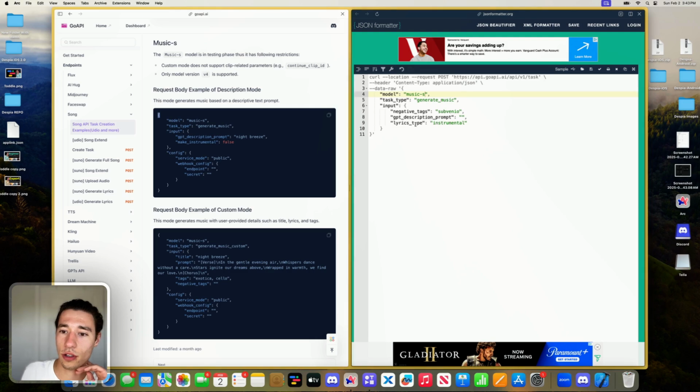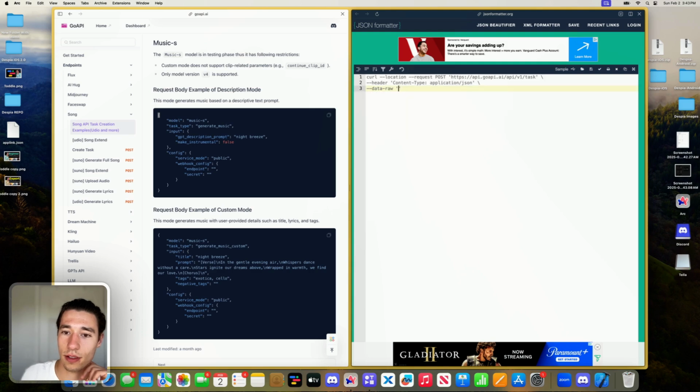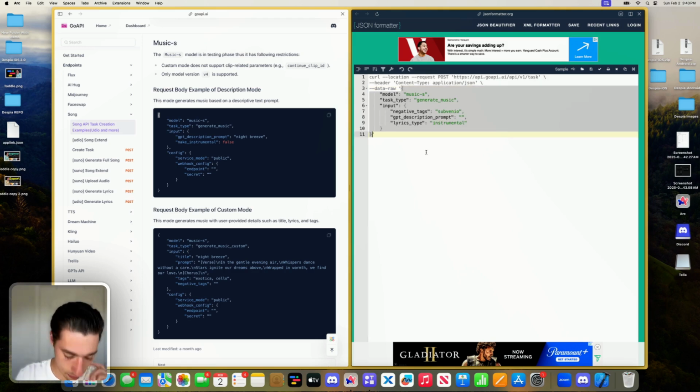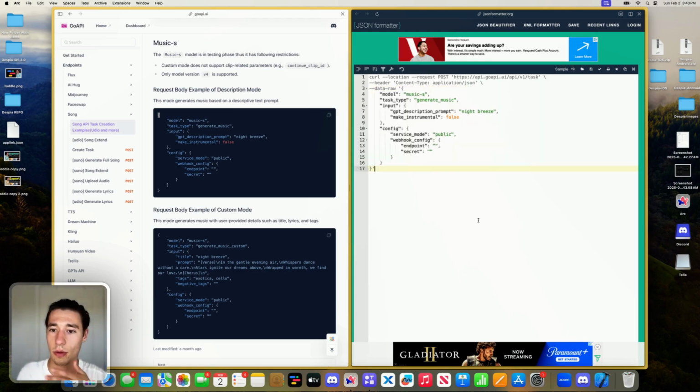I kind of want to use the automated mode. So what we want to do is we want to go, you see this object inside of here? We want to delete that and paste that inside of here. Let's double check. Yeah, that should be it. So we want to have that in here. We got music, generate music. And then I can do like